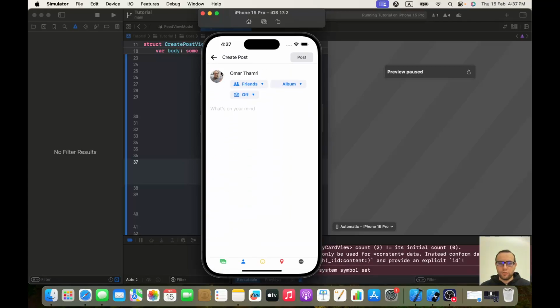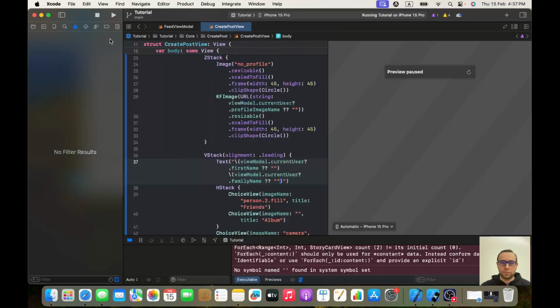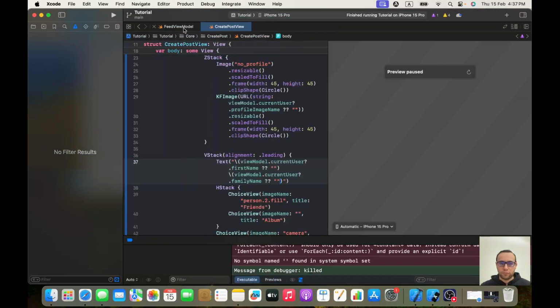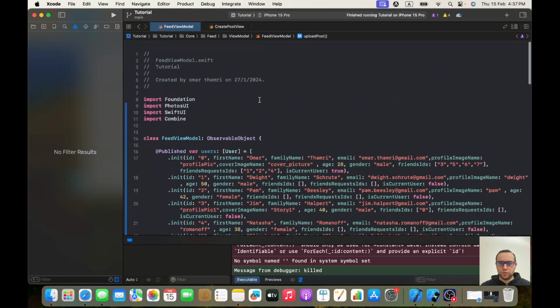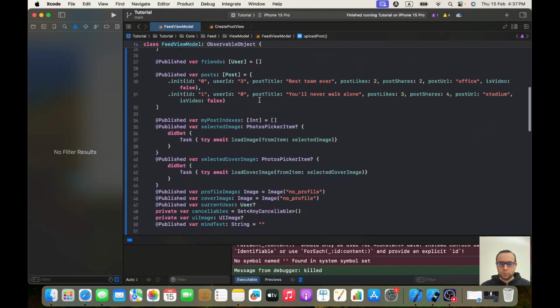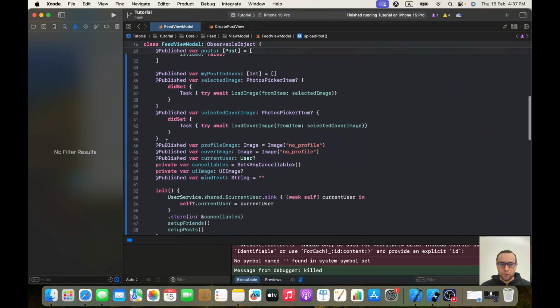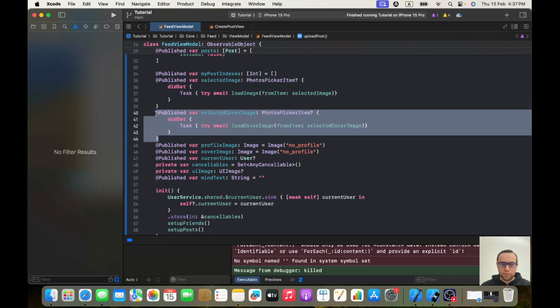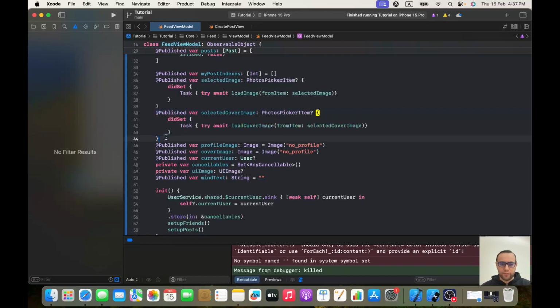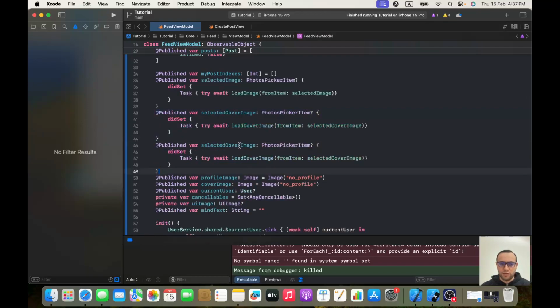Okay, perfect. The image is correct, the name too. The next step will be when I click on this one, I need to have a choice of images to choose one. I want it to be here, so we will go to our feed view model now, and first I will do this: @Published var selected